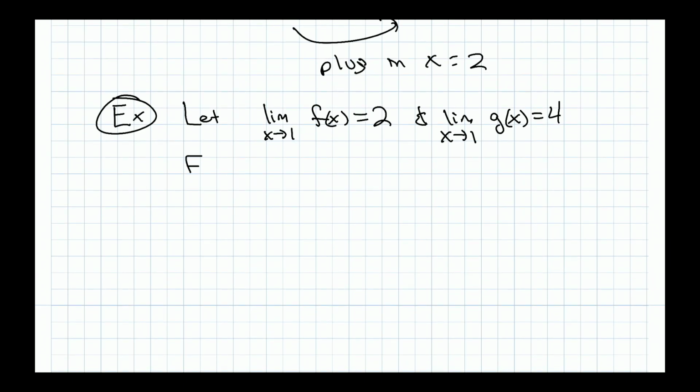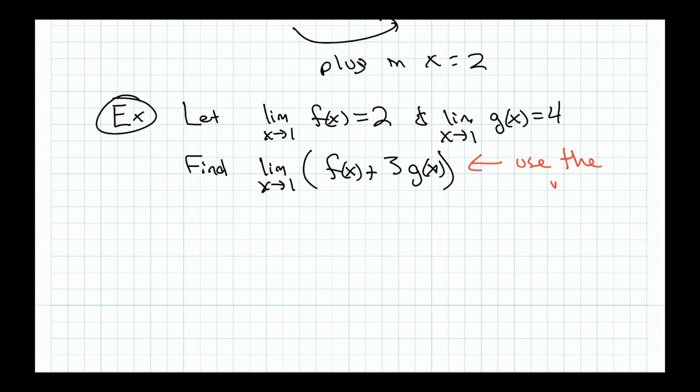They'll say find the limit as x approaches 1 of f of x plus 3 g of x. All right, and the point of this is just to make you use the rules. Use the rules of limits. Okay,